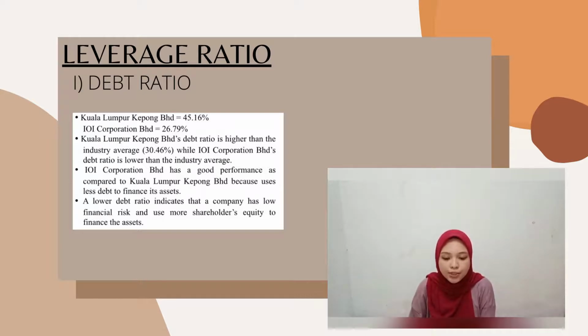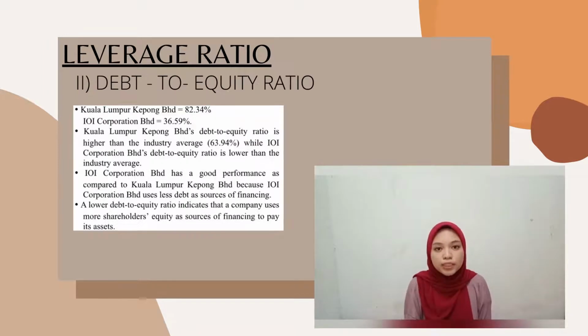So these debt ratios for both companies show that IOI Corporation Berhad has a good performance as compared to Kuala Lumpur Kepong Berhad. This is because IOI Corporation Berhad used less debt to finance its assets than Kuala Lumpur Kepong Berhad. A lower debt ratio indicates that the company has low financial risk and uses more shareholder equity to finance its assets. The debt to equity ratio for Kuala Lumpur Kepong Berhad is